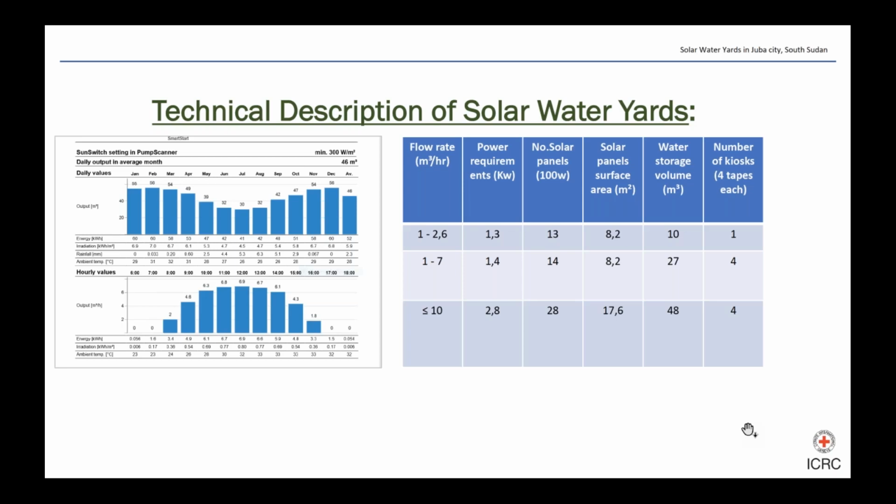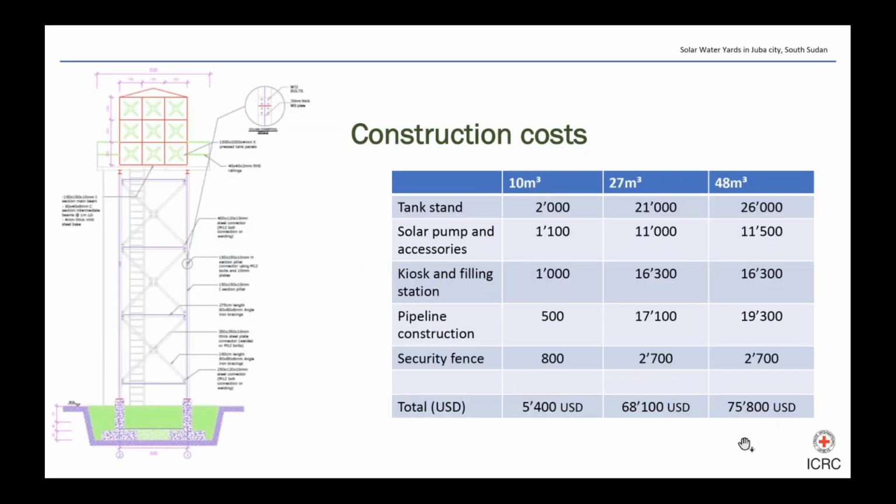The number of beneficiaries is calculated at 20 liters per person per day. This amount is based on the SPHERE standards of a minimum of 15 liters per person per day. It's also based on the amount of water that can be extracted from the borehole without affecting the aquifer, and also the quantity of water that is affordable for one family in June.